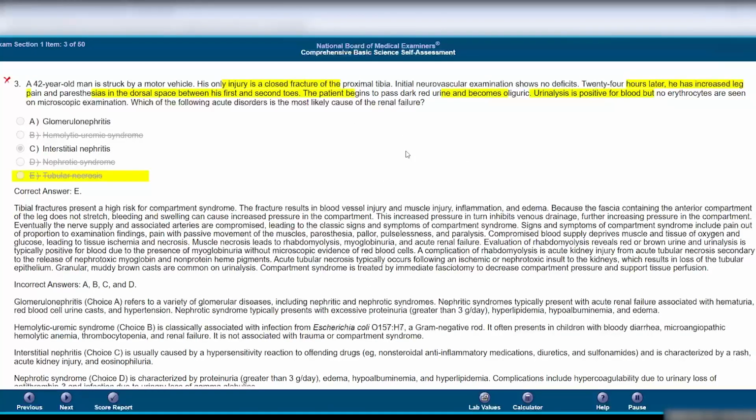Okay, this one here. So I remember reading the questions. I felt confident going into this. I don't remember the question exactly. Which of the following acute disorders is most likely to cause acute renal failure? Okay, I remember reading the answers, and I remember just thinking,